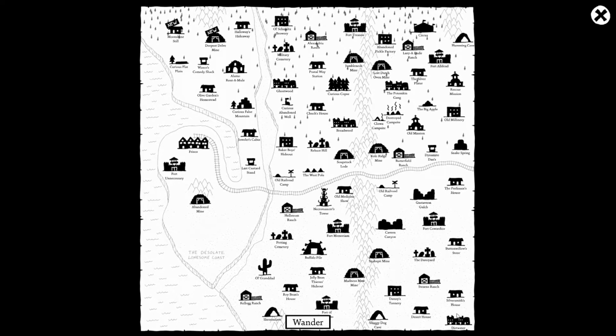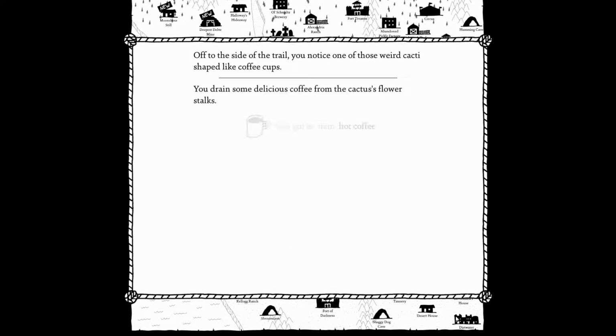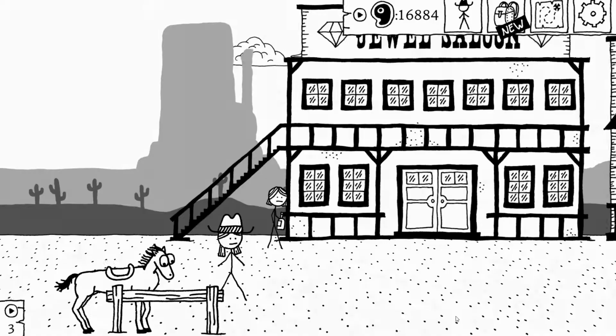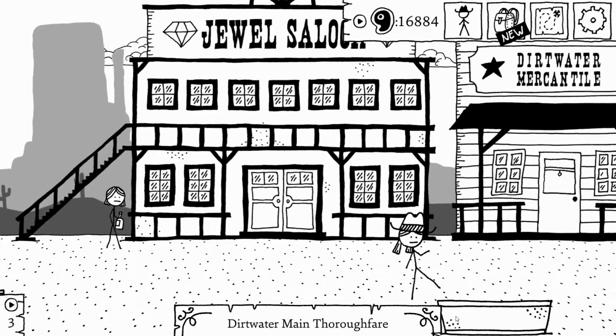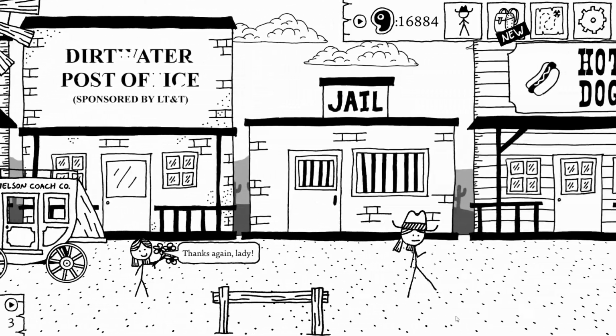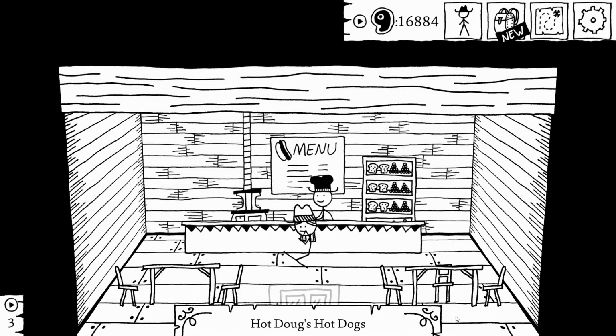And that may be sooner than you think, because we're headed to Dirtwater right now. Because we have gotten every shop that we can. Now, by having the bookstore open up next to the hot dog stand...